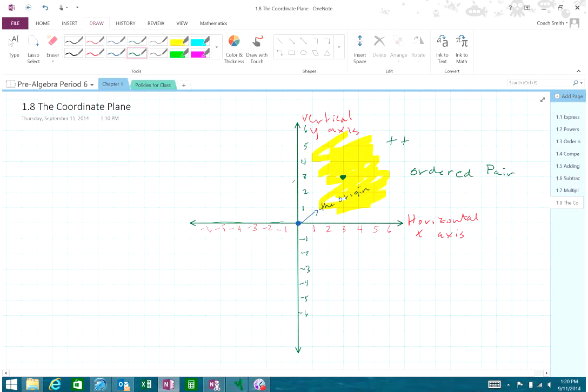Okay, the ordered pair is the x and y coordinates of a given point. Okay, you need to write that down. The ordered pair is the x and y coordinates of a given point. So as we look at the point that I just put on there, as we look to where it crosses the x-axis and where it crosses the y-axis,